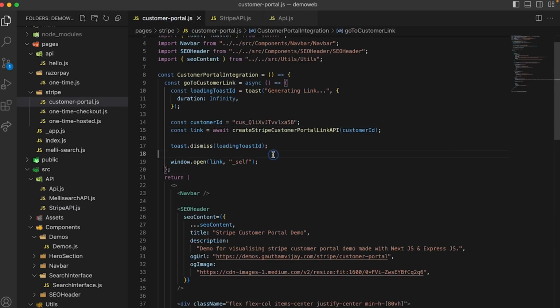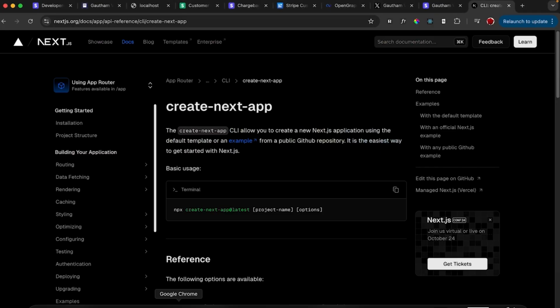Once that is done, I'm going to redirect the user with the help of window.open. Once the URL is sent from the backend and put into this particular code, a new window will be created where the customer portal link will be generated. So if I go back,